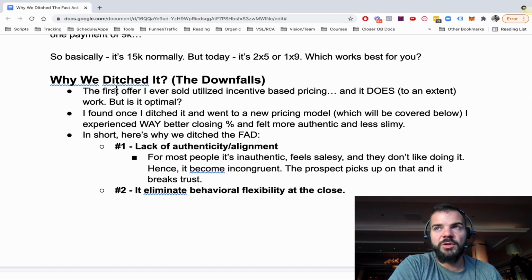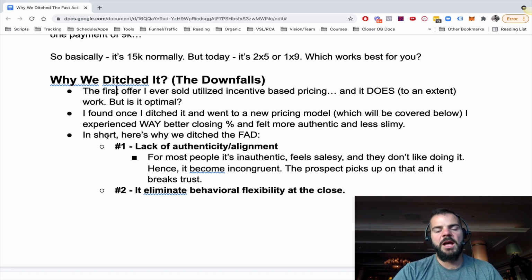And just on what I said earlier, the fast action discount in terms of getting those scared, fearful prospects across the line, what I learned how to do is, instead of using external pressure, which is external reasons why the prospect has to buy now, develop internal pressure where they wanted to move now for their own reasons, not because the price changes tomorrow. Nobody wants to be backed into a corner like that.